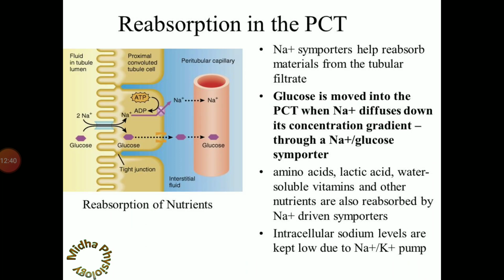So you can see here again the sodium glucose co-transporter, the SGLT, can be type 1 or type 2. The type 2 is mostly found in the kidney, and in this type 2 sodium is binding with this co-transporter and one glucose is binding, and then only the movement of the substances can occur in the same direction. So this is the sodium glucose co-transporter type 2, and for its functioning the sodium potassium pump plays an important role, and the glucose which is being reabsorbed goes into the peritubular capillary with the help of this GLUT2